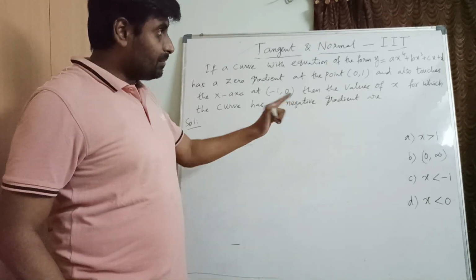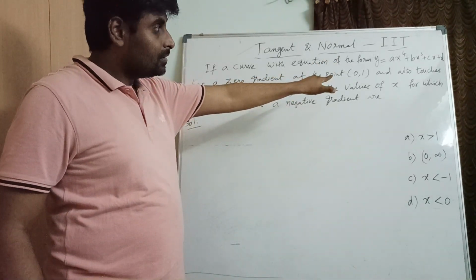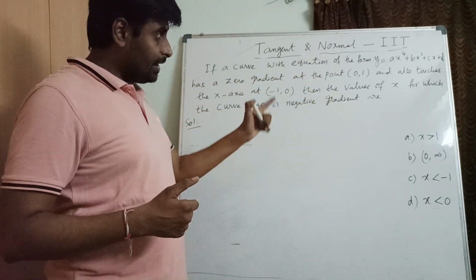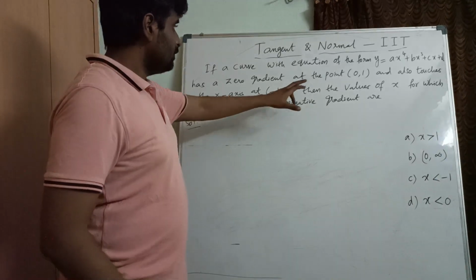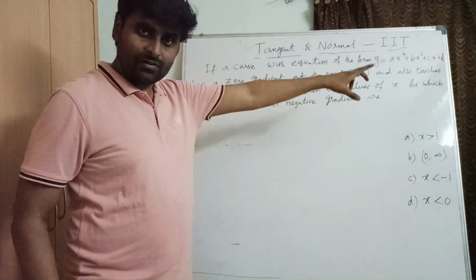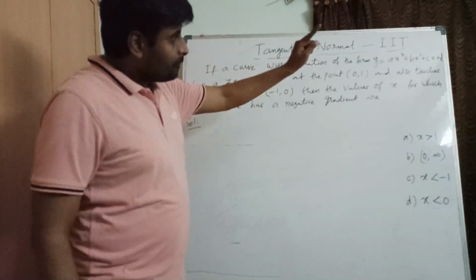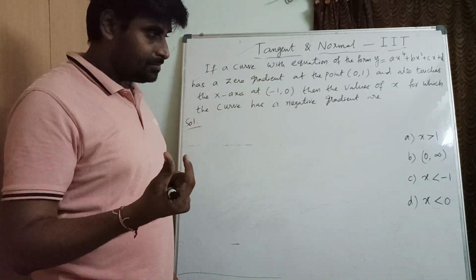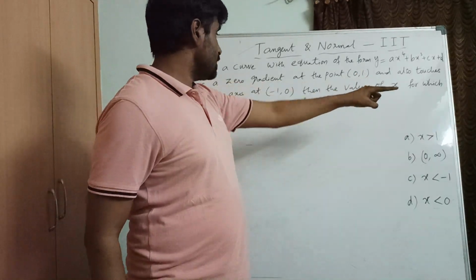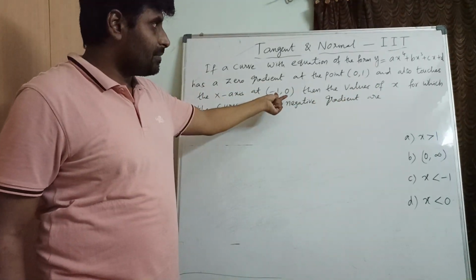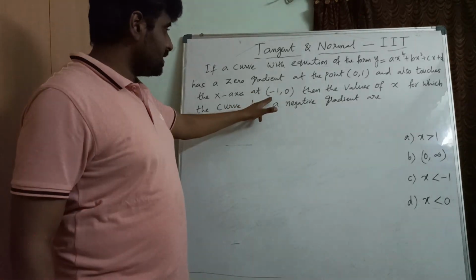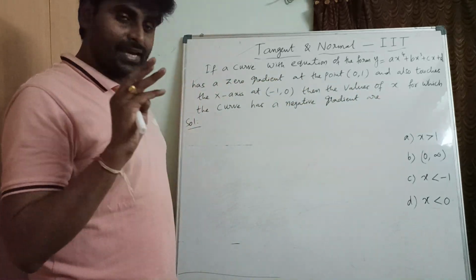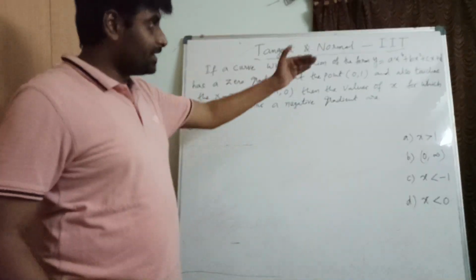For that we must make that function original. So when can this be original? Once you find the values of a, b, c, d. Correct? Now first of all, can I substitute 0, 1 in the curve? We'll get one equation, and we differentiate and equate to 0 because of the zero gradient. From that also we'll get some value. After that, it also touches the x-axis at minus 1 comma 0. Minus 1 comma 0 also we can substitute there. So finally we'll get the a, b, c, d values. So let us make it original first.